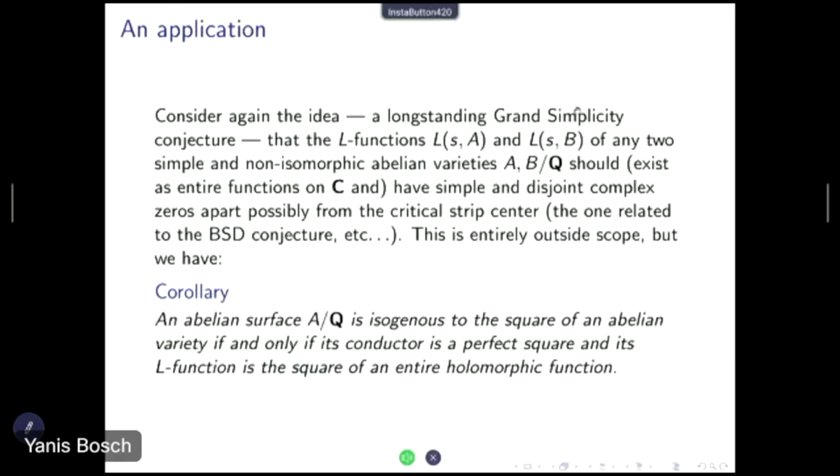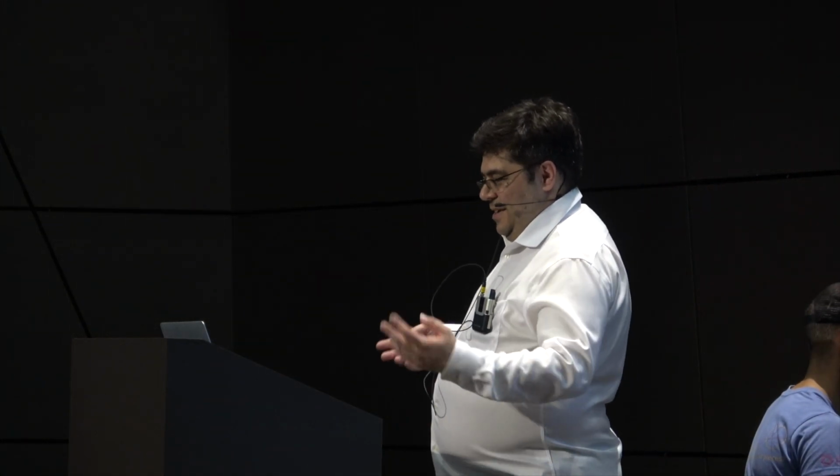consider, so again, the ground simplicity of zeros suggests that for L functions of simple non-isomorphic abelian varieties, firstly, the zeros should be simple apart from, of course, the central point, whose order should match the rank of the Mordell-Weil group. But apart from that point, the zero should be simple and disjoint, like for Galois orbits of algebraic integers, which we don't have here. And this type of statement completely trivializes the following theorem, but it's some concrete consequence of